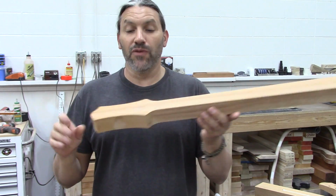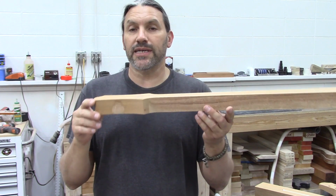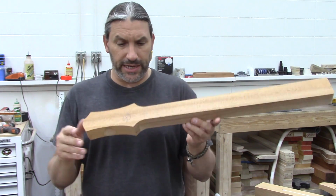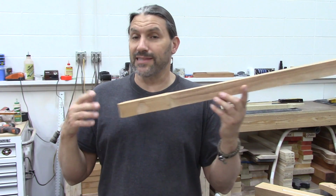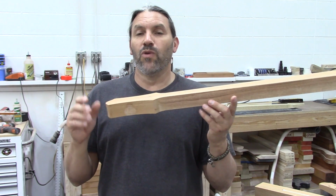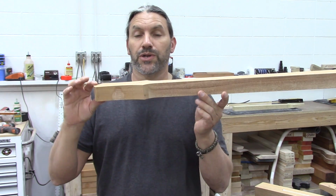All right, so the next thing that we're going to do is put our headstock angle in here, which, as I said before, was 7 degrees. The reason that we landed on 7 degrees was that Chris and I, when we were designing the Challenger model guitar, started with an